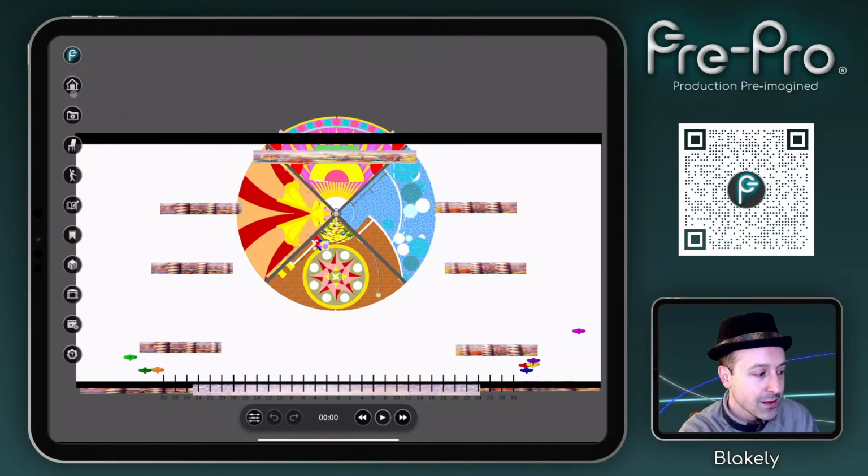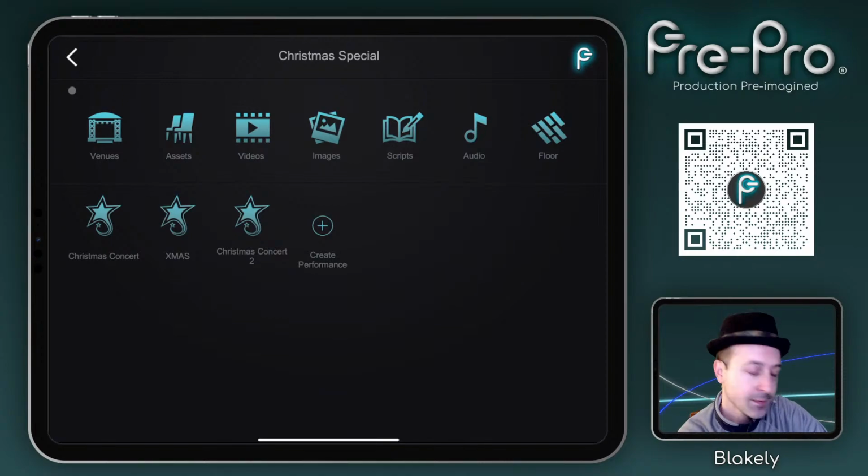So we're going to go ahead and click this home button here in the palette to go back. And you'll see here Christmas Concert 2 is the one that we were just inside. So what I'm going to do is I'm going to double tap on this performance file to get more options. And you'll see here there's a pencil that lets me edit the name of this particular performance file. There's the trash can that will let me delete this performance file, and this little duplication icon. So when I tap this right now,